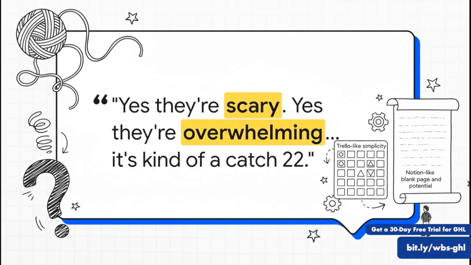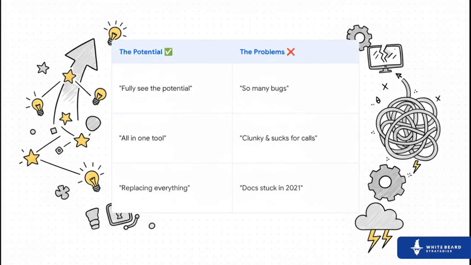And that analogy, it's perfect. Trello is simple, you get it right away. Notion can do anything, but it starts as a terrifyingly blank page that you have to build from scratch. And the actual user experience seems to be this tale of two extremes. On one side, you have people saying it's an absolute game changer, that it's replacing every other tool they have. But on the other side, you hear these constant complaints about bugs, clunky features, and help articles that haven't been updated in years. It's a platform with incredible potential, but some really frustrating problems.